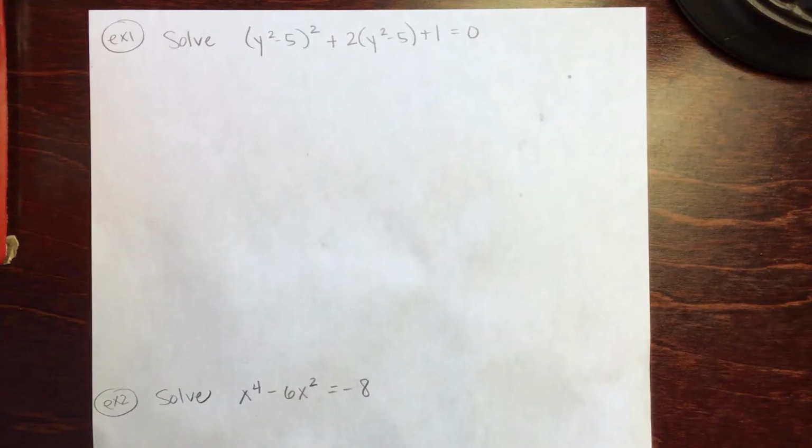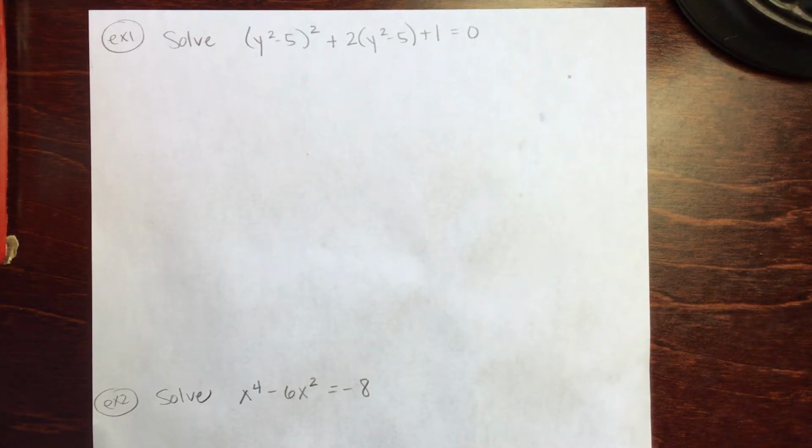We're going to solve these next two examples using something called U substitution. If you plan to take calculus, you will see U substitution again. It's really handy in further math classes. Okay, example 1. Solve (y squared minus 5) all squared plus 2 times (y squared minus 5) plus 1 equals